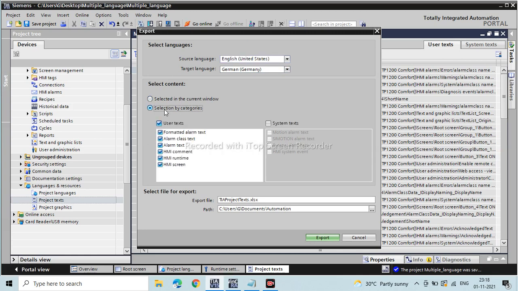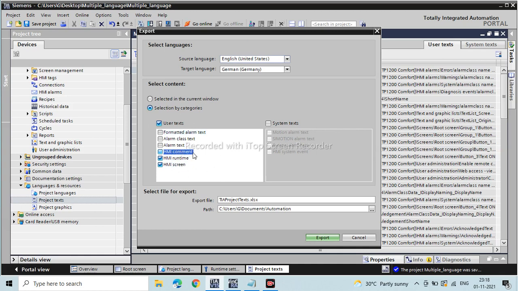So after that we select the content by categorizing, which means filter, we have filtered it out. We don't need formatted alarm text, we don't need alarm classic text, we only need whatever your specification requires, what you need in your HMI screen to be a target file, so you have to select from here.